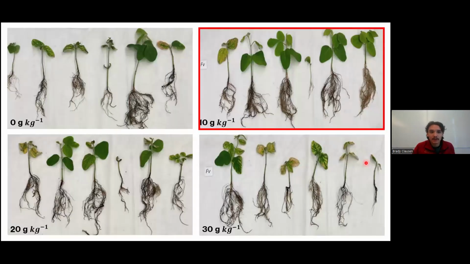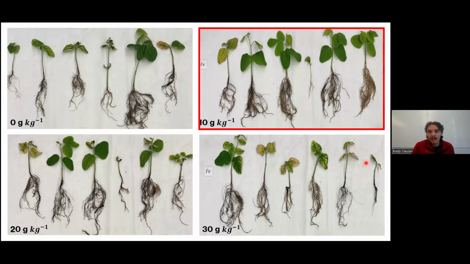I really like this picture. This was just from one of our experiments, so we repeated this multiple times. But what you'll see here on the top left is the no amendment, and then on the right is the 10 grams per kilogram amendment, and then on the bottom left and right is the 20 and 30 respectively. And so essentially, I really like to show this top right graph where you see that the 10